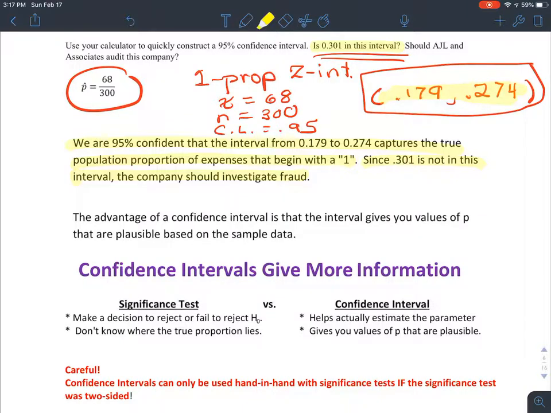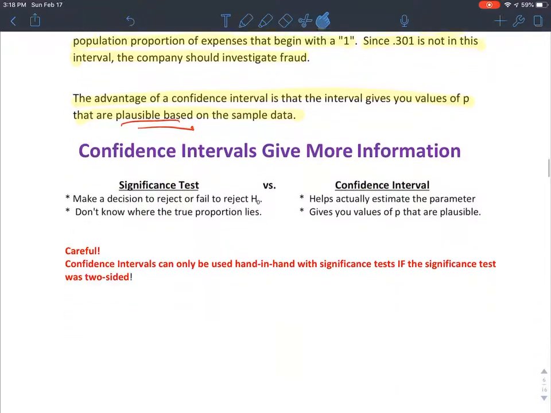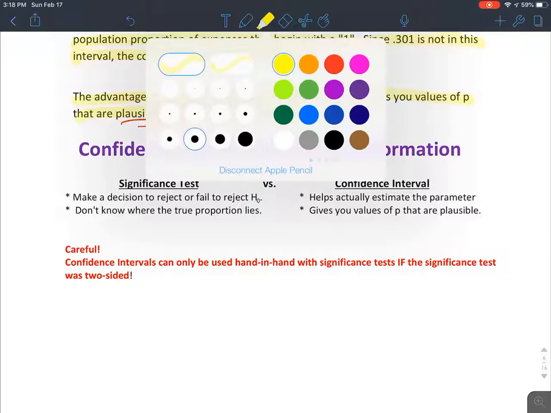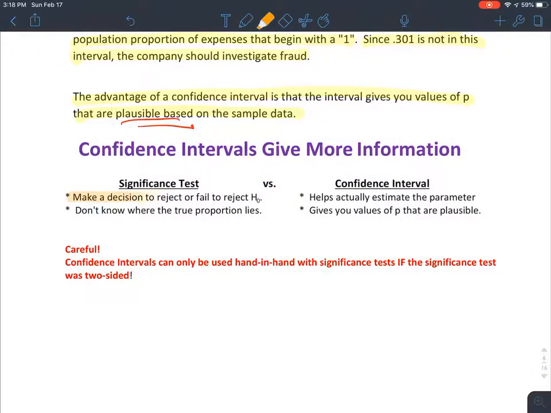And the one advantage of using a confidence interval is it gives you values for that true population proportion that are plausible. Okay, as opposed to if you just do a significance test, it's really just making a decision to reject or fail to reject a certain claim. You don't really know where the true proportion lies. A confidence interval is really helping you try to figure out where is that true parameter lying, so it gives